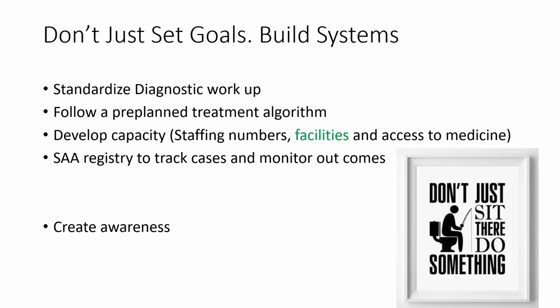But to do that, we obviously need to develop capacity. We need to somehow bolster our staff numbers. Our facilities, I've put in green because we do have the facilities and we do have the expertise, but it's the staffing numbers and the access to specific medicines that are appropriate for children that are lacking and need to be motivated. Obviously, as mentioned earlier in Justin's talk, it's expensive to transplant a patient, and that is something we need to get hospital management's mind around, that it is of value to spend that little bit of extra money.